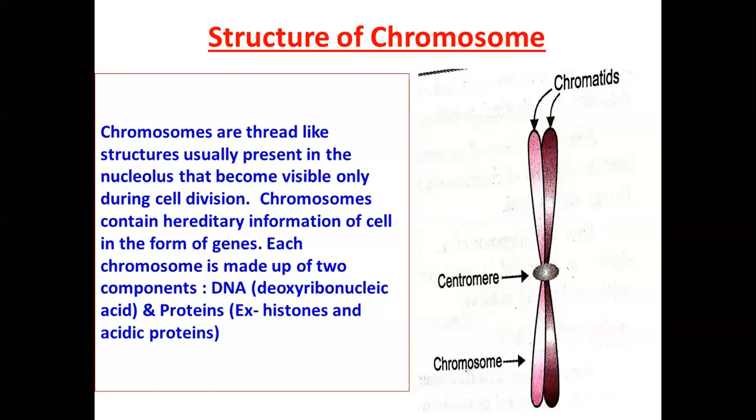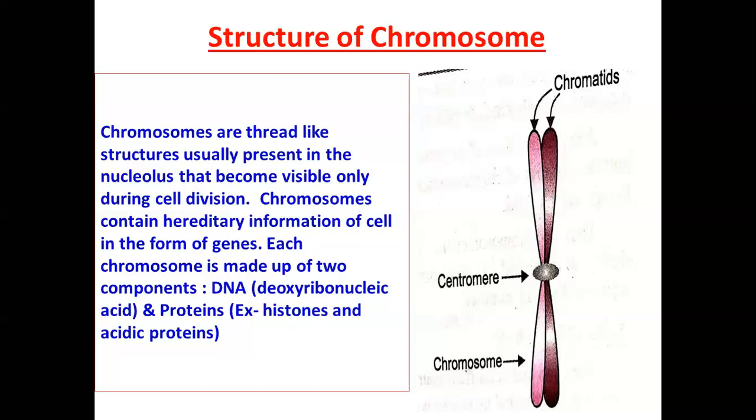So during the division, we see all these different types of chromosome. Now, before understanding what is this chromatid, before a cell divides, it duplicates its chromosome. That is, each DNA molecule of each chromosome makes a copy of itself and becomes associated with proteins. The two copies of chromosomes remain attached at their centromeres. As long as two copies of chromosomes are attached to the common centromere, they are called sister chromatid.